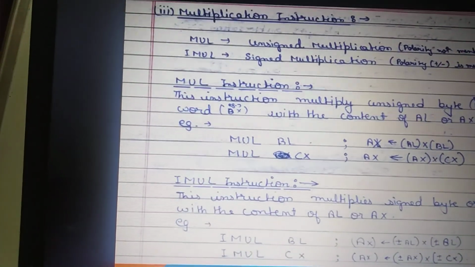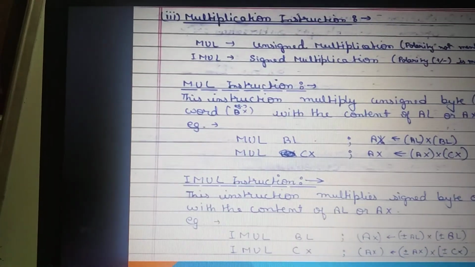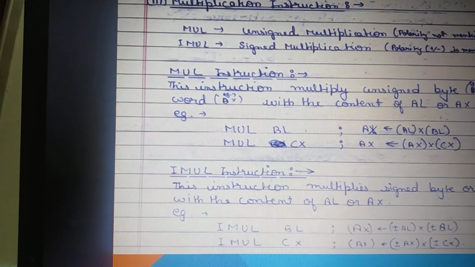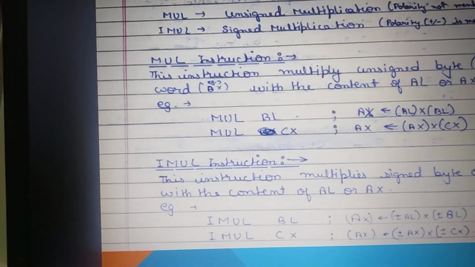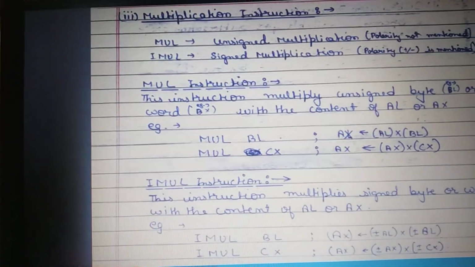So what is the syntax of the MUL instruction? This instruction multiplies the unsigned byte or word with the content of AL or AX. The format of this instruction is here, note that